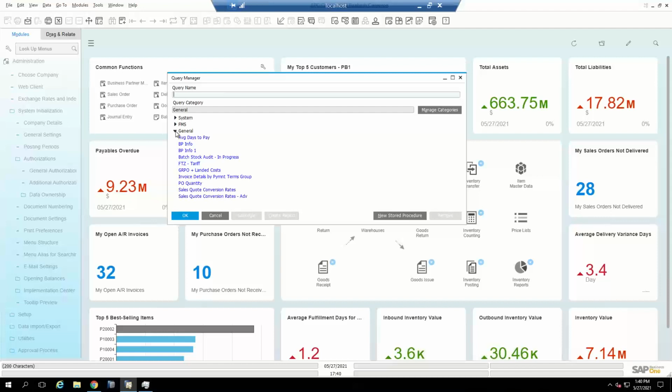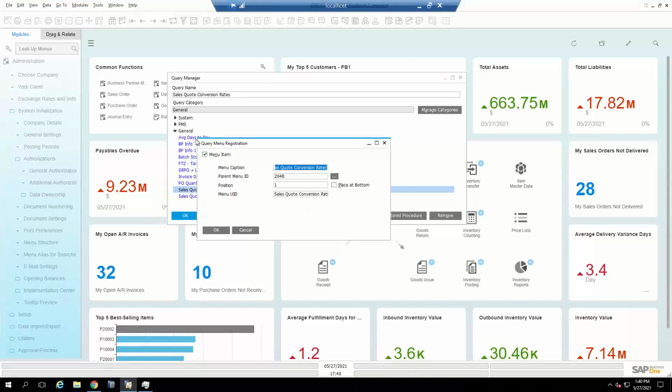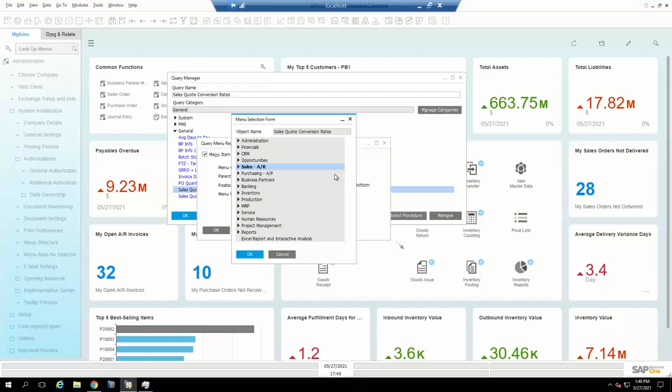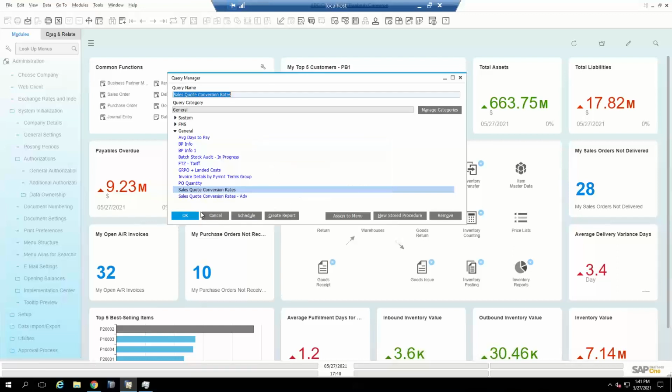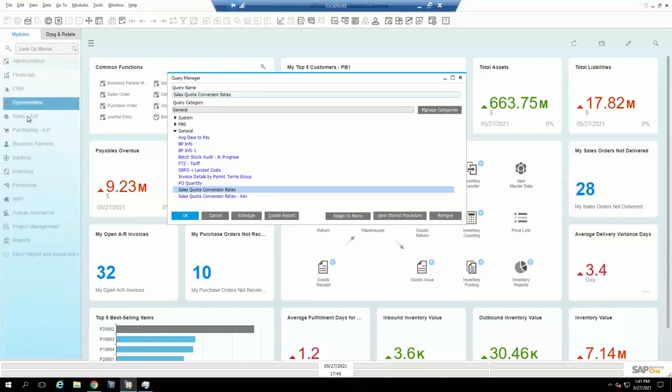And let's say I every day run the sales quote conversion rates. Now I'm able to assign it directly to my main menu by clicking this main menu item button up here. You can drill into this parent menu ID here, and I want to add this to my sales AR menu. I've placed it right at the top of the menu, and then you can see when I open up my sales AR,